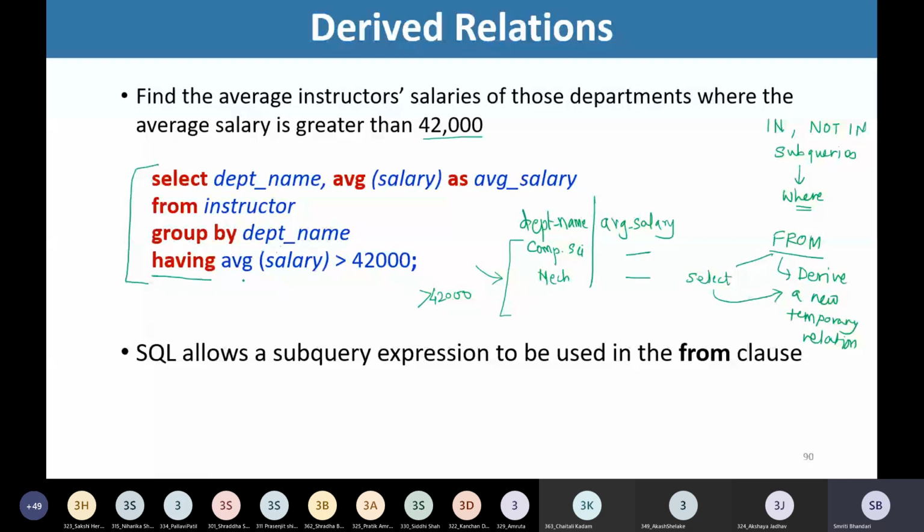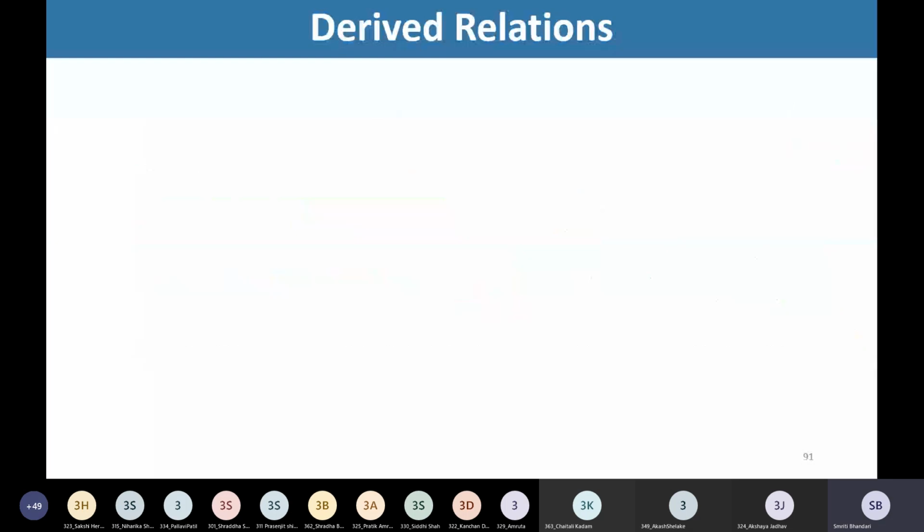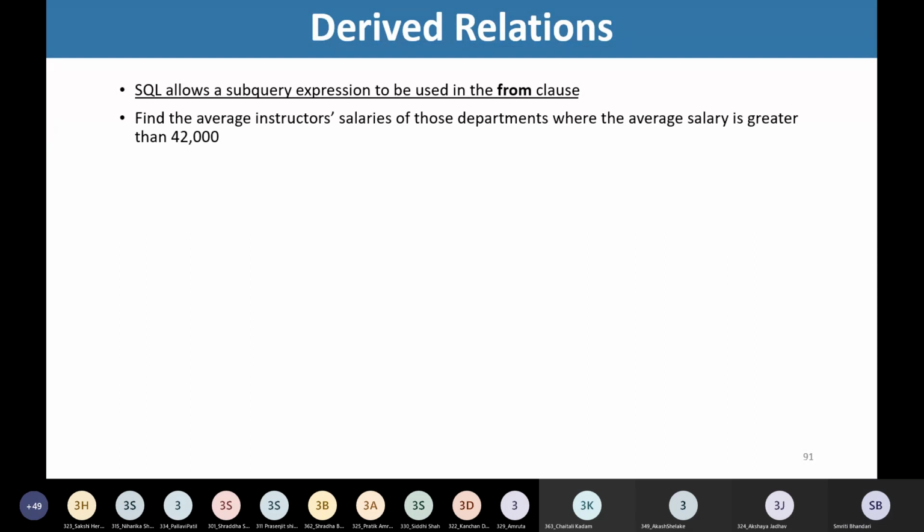Now, the same query can be written in some other way. To demonstrate how we can write this query without using the having clause: as I stated, it is possible for us to write a subquery expression in the from clause.